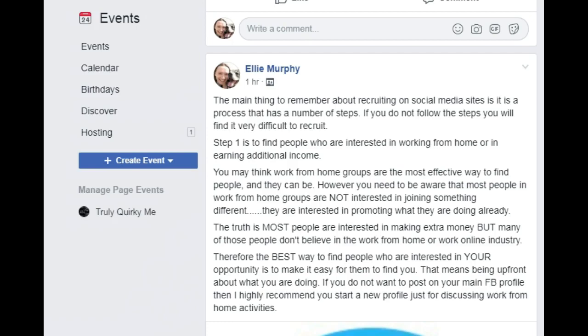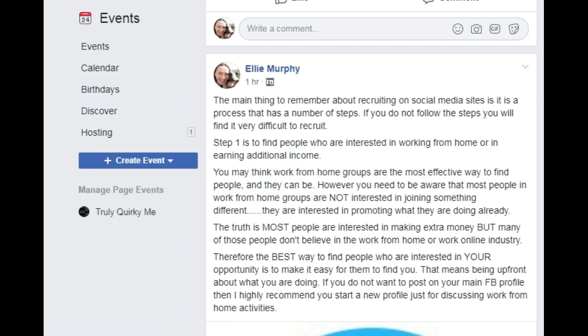So the best way to find people who are interested in your opportunity is to actually attract those people to you. It's not about you going out and pushing your opportunity onto other people. It's about attracting the right people to yourself and then being able to talk to them.